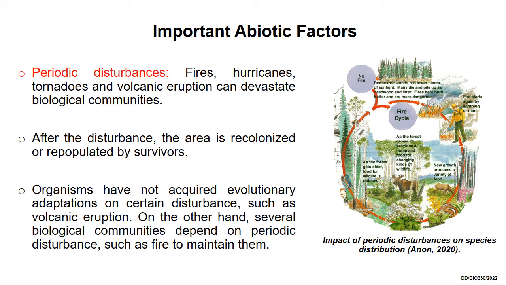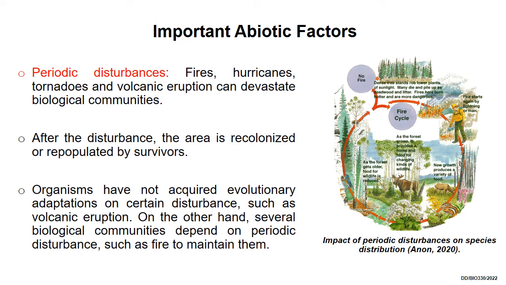For certain disturbances, for example volcanic eruptions, organisms have not acquired evolutionary adaptation because they rarely occur, maybe once in 500 years. But for other disturbances, such as fires and hurricanes, organisms have acquired evolutionary adaptations,